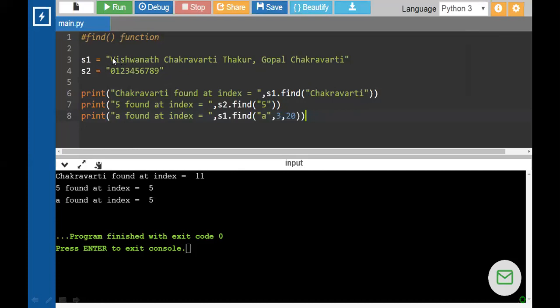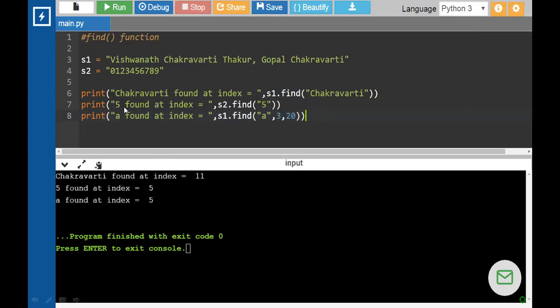So we know in strings indices start with 0. So 0, 1, 2, 3, 4, 5, and so on. So at index 11, the first occurrence of Chakravarti is observed, because of which find function returns the number 11, which we have printed in our output. So at line number 6, the output comes as 11.